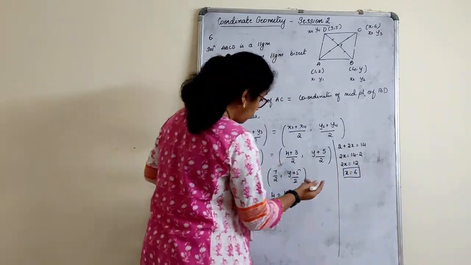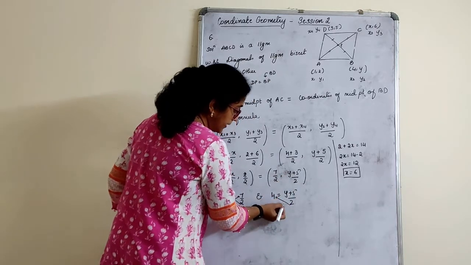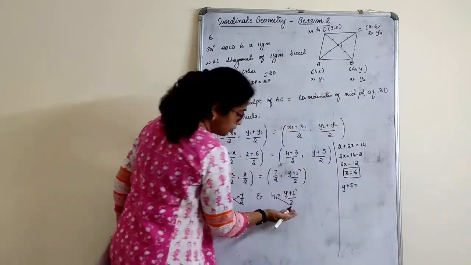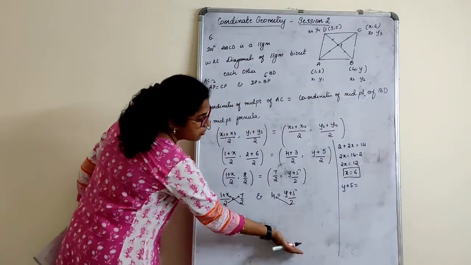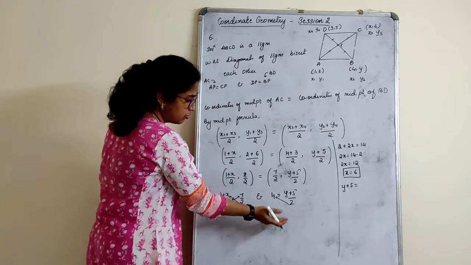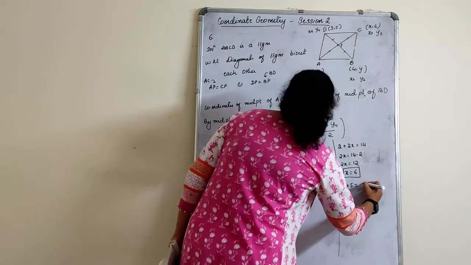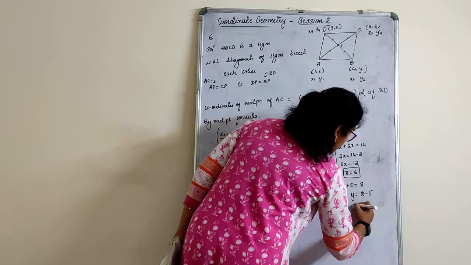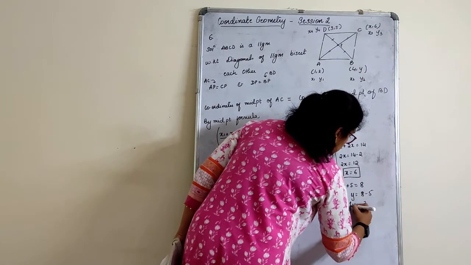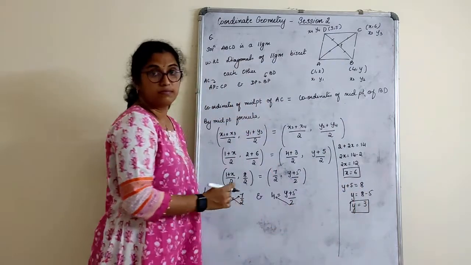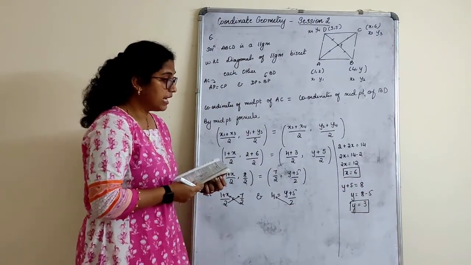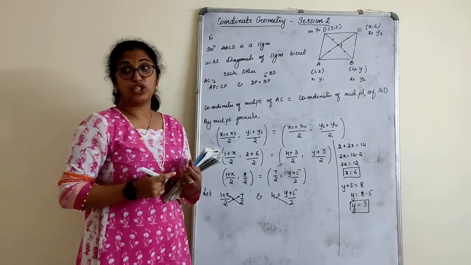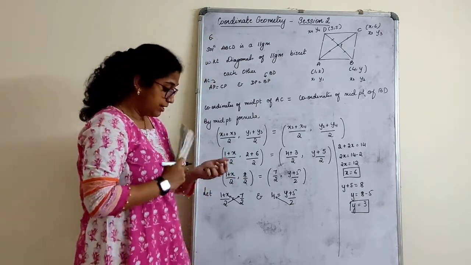Next one. y value we will find. Cross multiply. y plus 5 is equal to, you can just do this below, below this and below this, which I have done there. Just below this you do. 4 2s are 8. y is equal to 8 minus 5. y is equal to 3. Right? x is equal to 6 and y is equal to 3 are the coordinates of the respective x and y whichever was missed. So let's move to the next one.